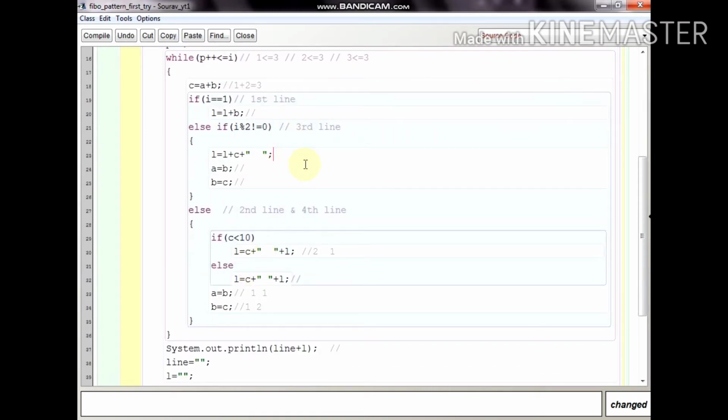Okay, this time I print L as null and C, that means 3 double space, and the value of C is 2 and this will be 3. Next time when 2 is less than or equal to 3, it will be 2 plus 3 equals 5. So next time it is 3 space plus 5 double space, and the values will be updated to 3 and 5. Next time when 3 is less than or equal to 3, it will be 3 plus 5 equals 8,